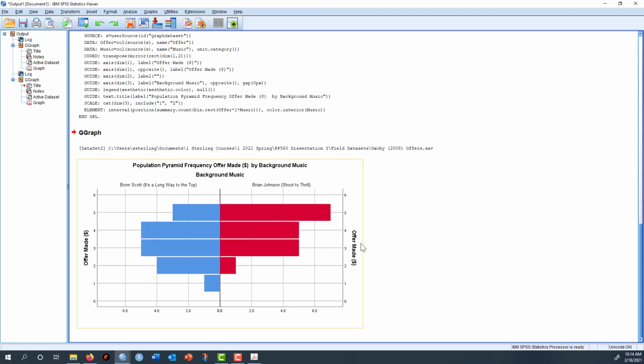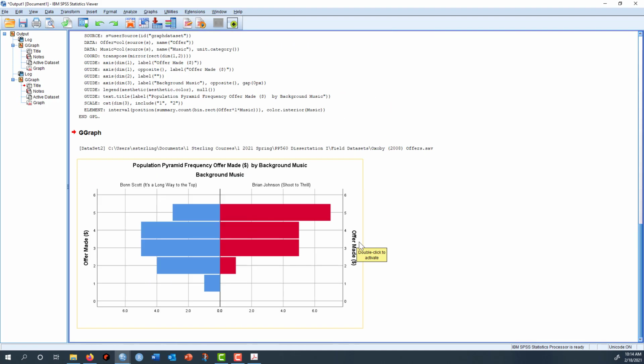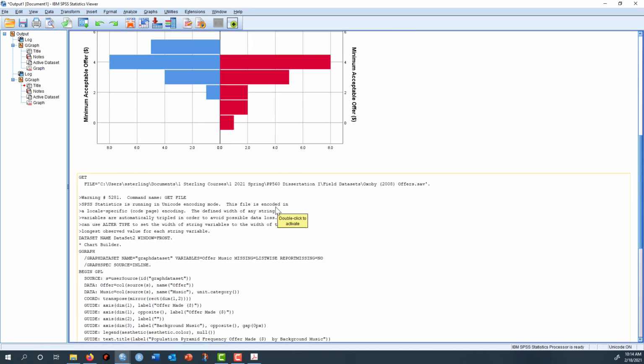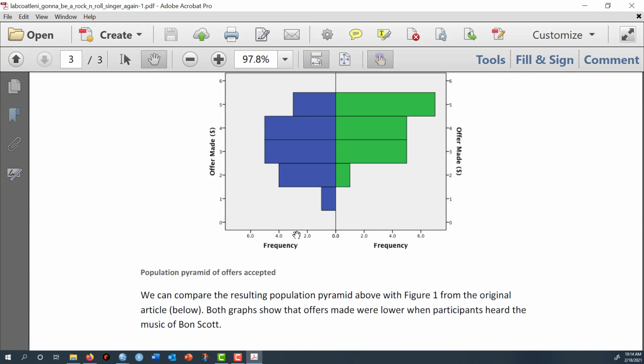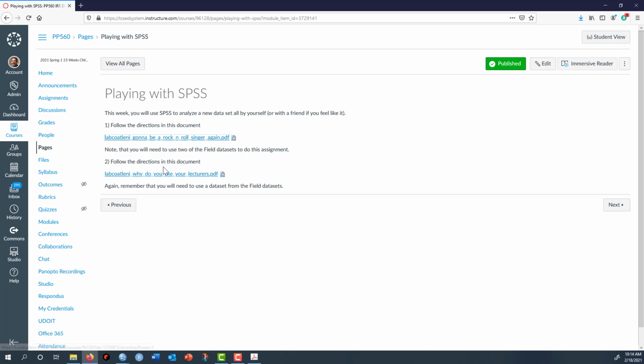Now this is all you have to do really for this homework assignment. And I'd like you to take a little bit of time and just sort of think about what these graphs are telling you. But this is how you make the graphs. And that's it. And then I guess I'd just like you to screenshot it so that I know that you actually did it. All right, as long as we're on a roll here, let's do the other assignment, which is number 2 here. Okay, click on it,